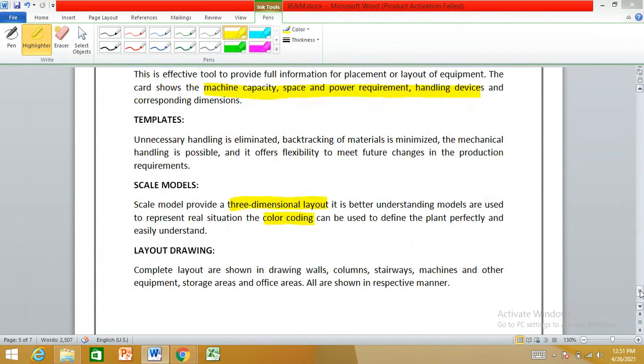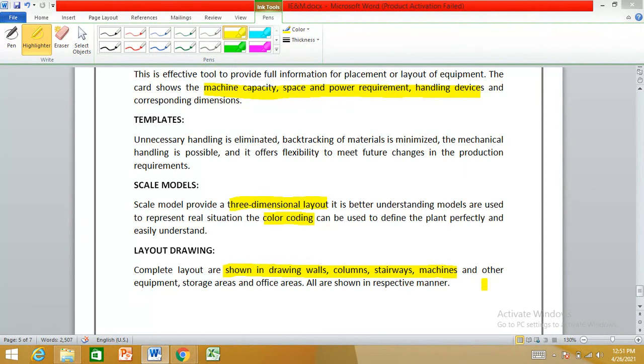Right now we use templates and scale models, which are easier. But layout drawing is still used, where a complete layout is shown by drawing on the walls, columns, stairways, machines, so that every person working on the work floor has a complete idea about the layout. Those layout drawings are initially drawn and we need to follow them.